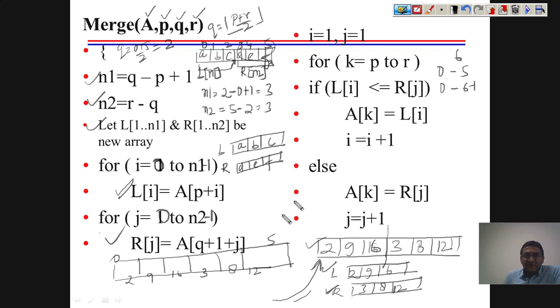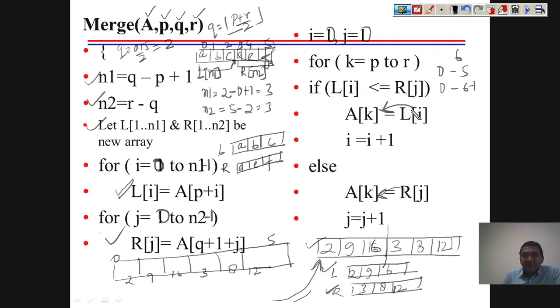So we have to make a loop, and then what we are doing is, if L of I is less than R of j, we have to compare these elements, and we have to start with index 0. So let us say I equal to 0 and j equal to 0. We will compare these two elements. Whichever is less, we are going to keep it here. If L of I is less than R of j, then we are going to write the value of L into this array A, which is our main array. If L is not less, then we are going to write R in this array A.